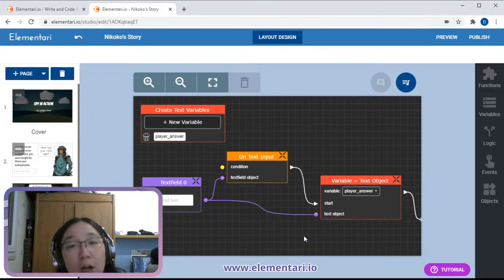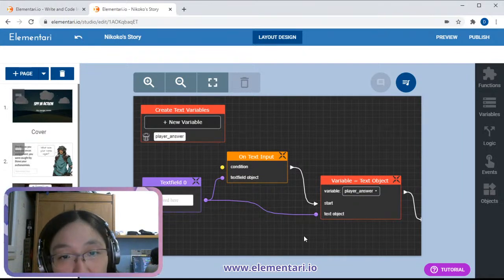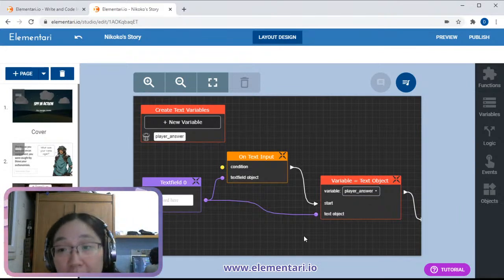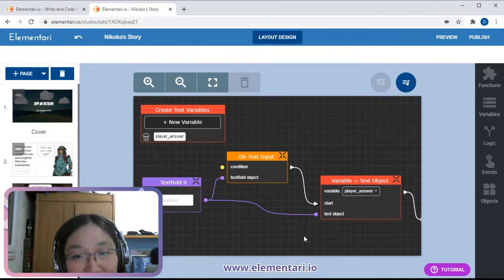Another thing that's very common is maybe you have to wait until all of the dialogue and narration is finished before you can actually click on things. That can also be done using a Boolean variable. And Boolean is just a fancy way of saying true and false, yes or no, 1 and 0, these sort of values. So that's what we're going to be doing next week.